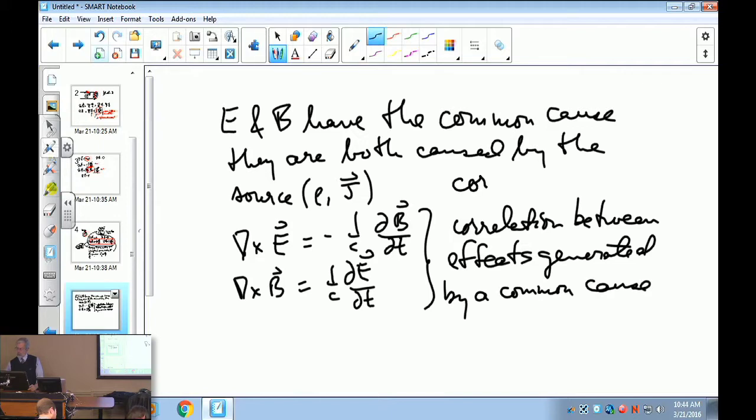This is the correct understanding. Not what I was taught, and not what is still in a lot of the textbooks. This hasn't filtered out everywhere yet. You'll still find textbooks that have the wrong causal connections. And so the problem is then that you end up with a confusion about what's causing what, and it gets really,